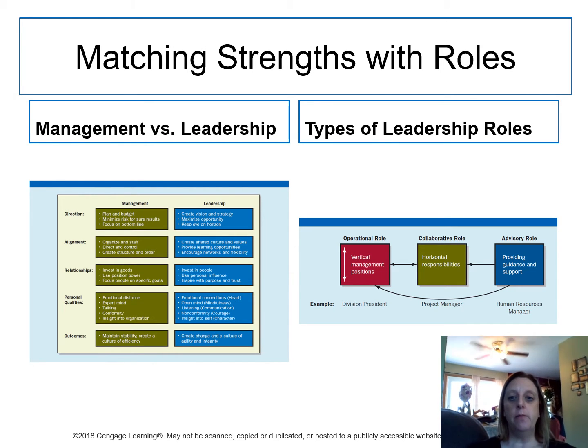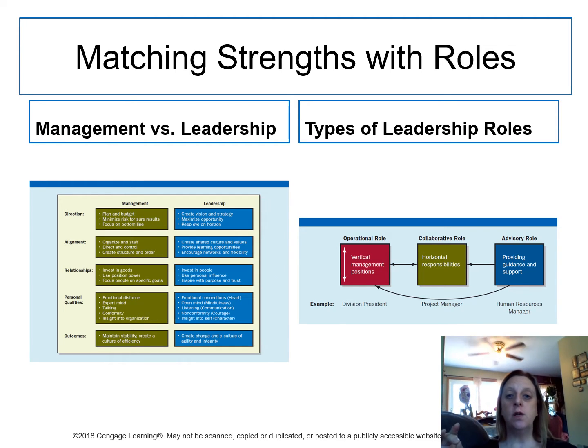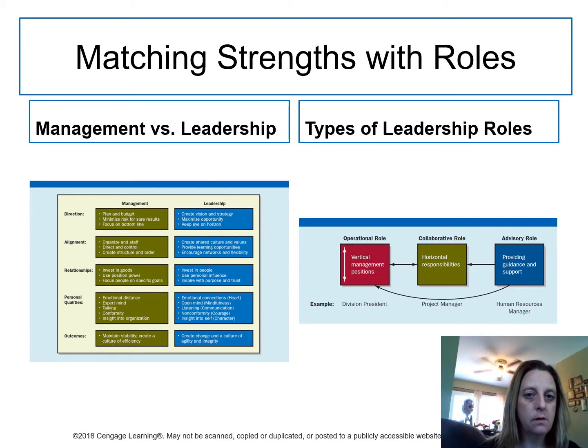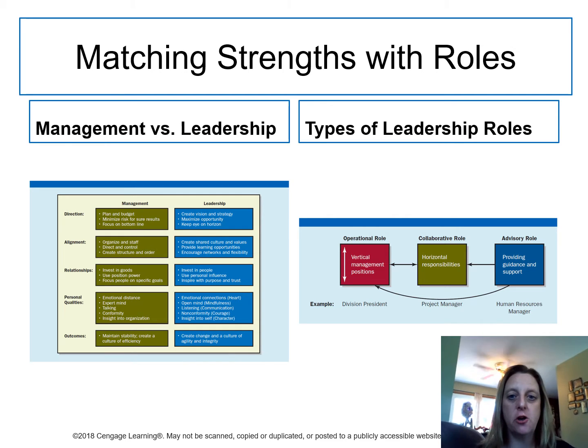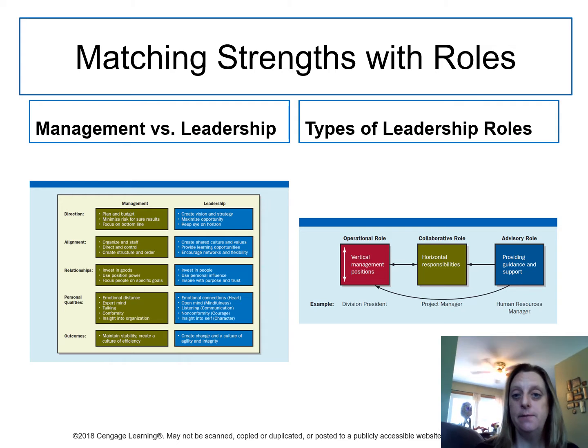So last time in our content coverage, we made some distinctions between managerial and leadership roles and noted that both are essential in organizations and must be integrated effectively in order to lead to high performance and outcomes. So just as a reminder, we said that leadership cannot replace management, but management and leadership go hand in hand.